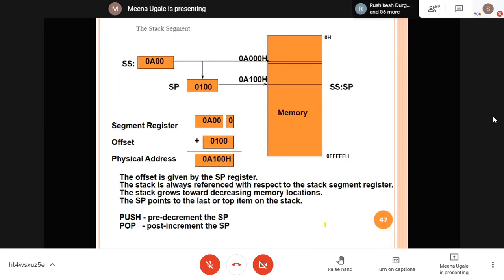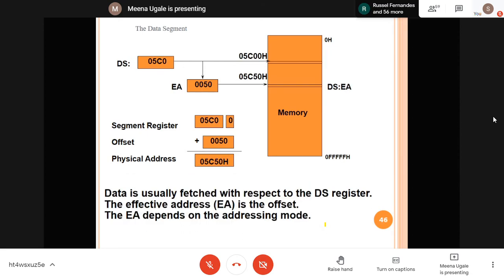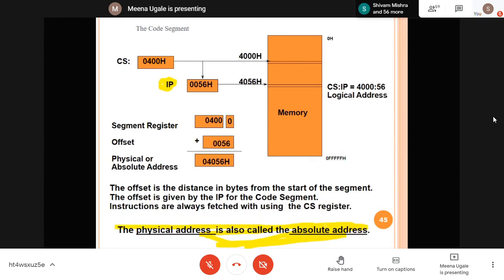Got it? Any doubts here? Please ask. Now, where this offset value is written and how you are going to write it will make your addressing mode. That will be our next part. We will continue that in the next lecture. For today, you just see how this logical to physical address conversion is shown here. I hope these things are clear to you. If not, please ask your doubts. In the program, we will see how to write all these things.